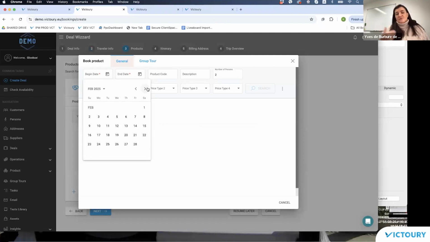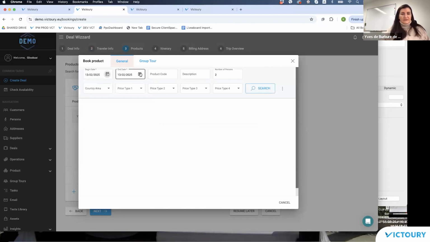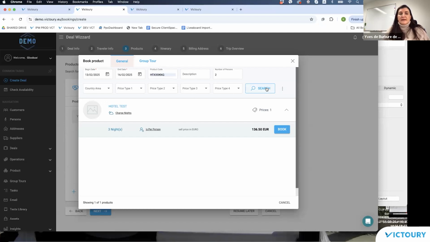To allow the system to have enough time to calculate the due payment and the rest payment amounts and the dates, of course, I will just choose a date in February. Maybe have these persons for a Valentine's Day getaway from the 13th until the 16th in the same hotel. And I have initiated my booking in euro.